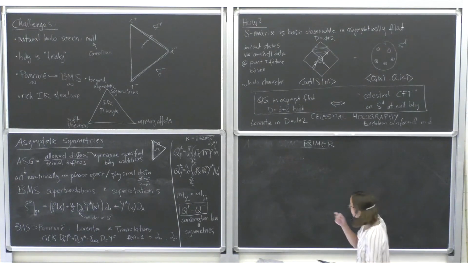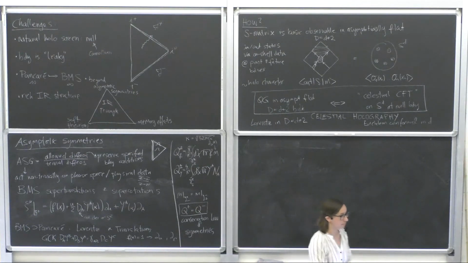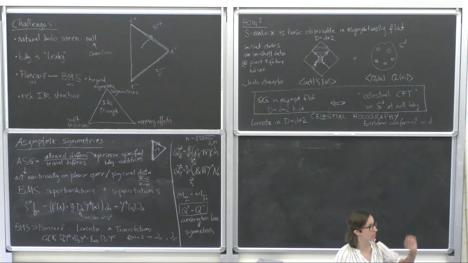Okay, so now let me go to the next point on this list, which the online audience cannot see. So right now this was an introduction, a flat space primer if you wish, on some aspects of gravity in asymptotically flat space. The next 2 parts will discuss how to recast the S matrix as a celestial correlation function on the sphere at the null boundary of the space-time. That will include what I will call the holographic map, which lets us recast the S matrix in that way. We will then discuss the wave functions that we have to stick into amplitudes in order to make the S matrix look like a correlation function, which are called conformal primary wave functions.